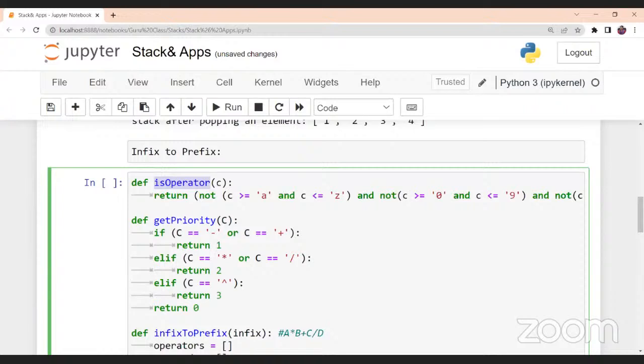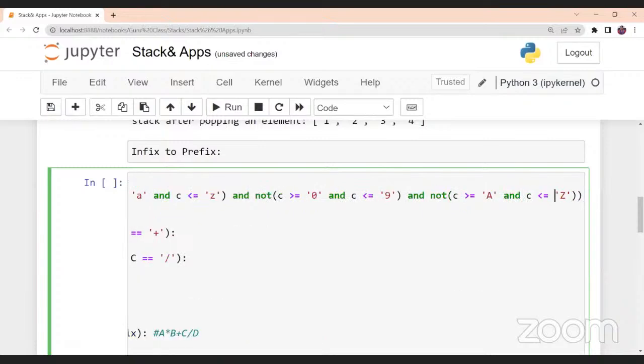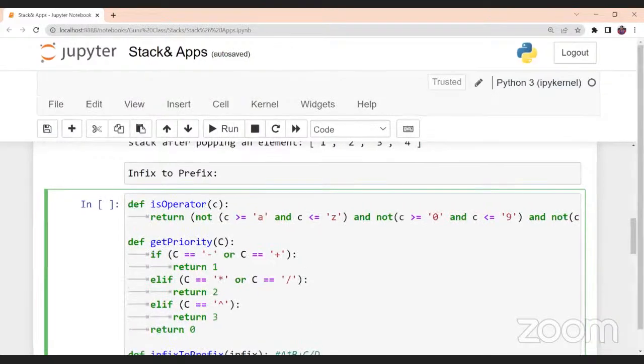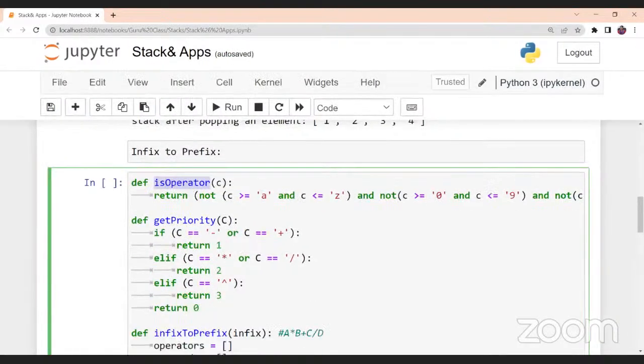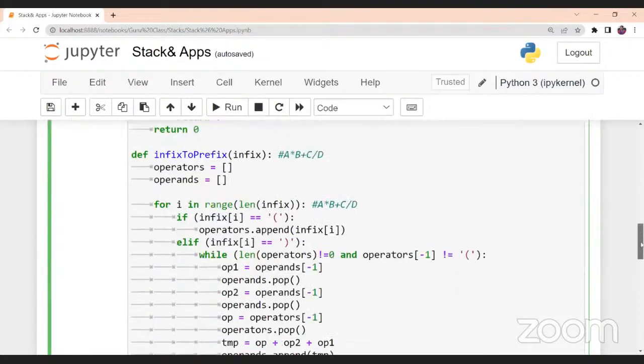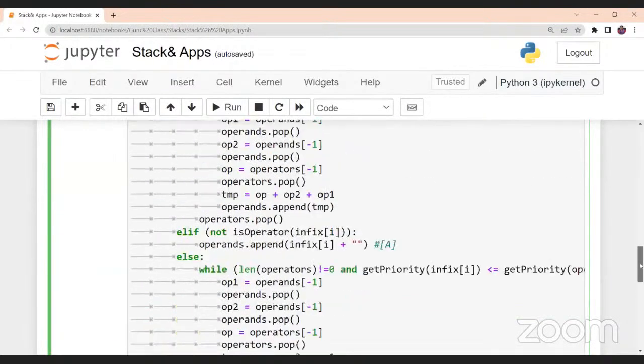As a human, we can easily identify this, but a programming compiler needs to understand it, right? So that's why we are creating this particular function, and now it will check for these things, and also it will check for the capital letters, and then it will also check for the small letters. Okay, so it will check, and if it is not that, then it will return this as an operator. Okay, so that is the explanation of these two functions. Now we will jump into one more operation, and then we can understand the entire thing.